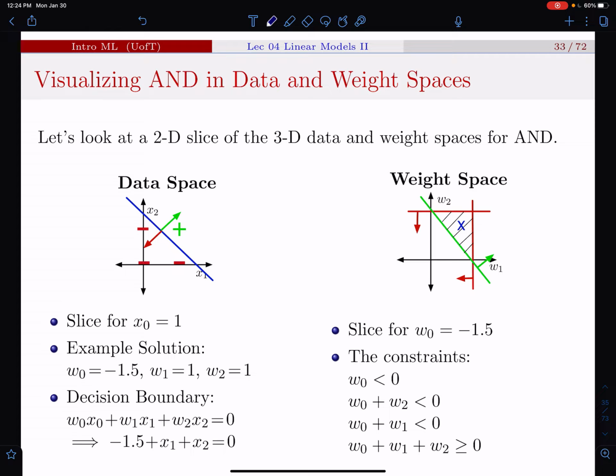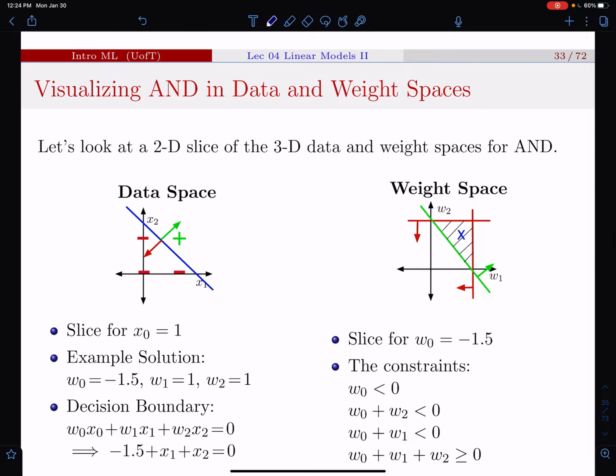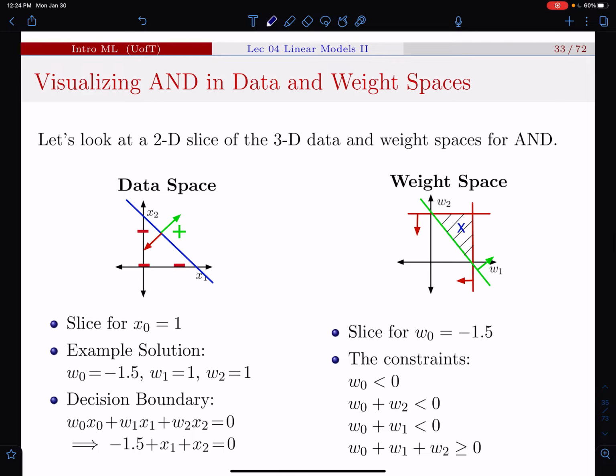Okay, so we can also, in higher dimensions, it's going to be hard to generalize this visualization. We generally can only picture things in 2 dimensions. So the way to get around that is when you're working with 3-dimensional data and you want to picture something, then you picture it on a 2D slice. So for instance, if you looked at the AND function, you can consider the case where x0 equals 1. So if we fix the feature value to be equal to 1, what does the decision boundary